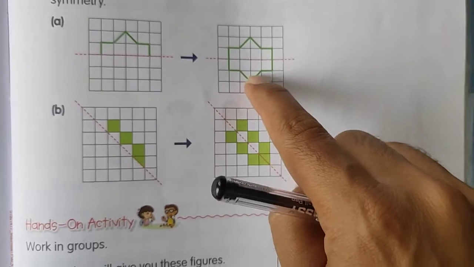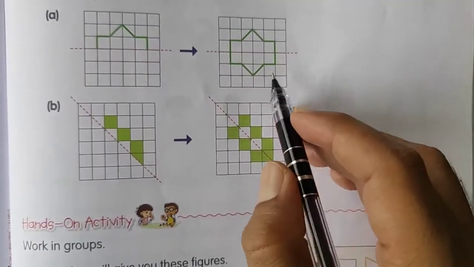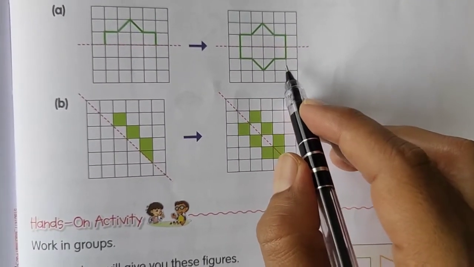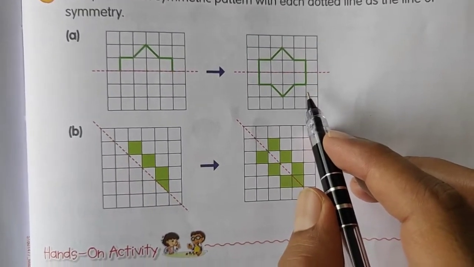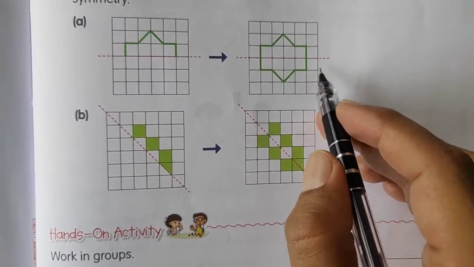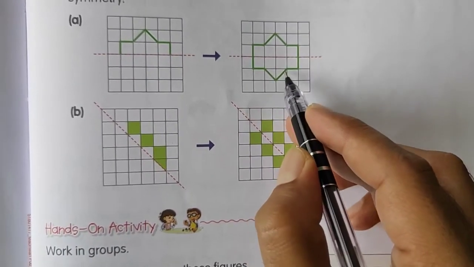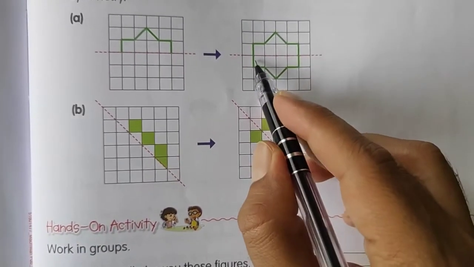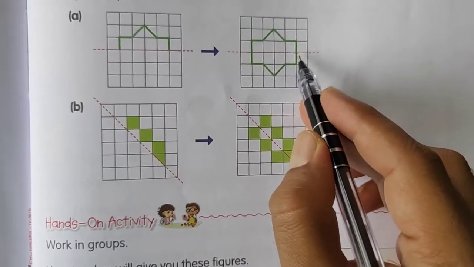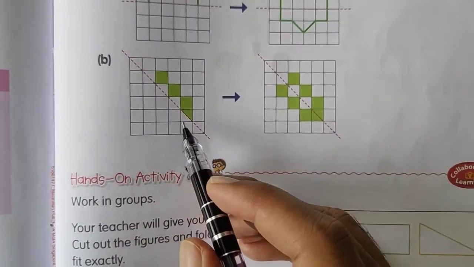Exactly like this. So here, there is an easy way to understand this. You can use a mirror. You can do this activity at home, and then you will see the diagram like this in your mirror, and then you can draw it like this. And one more example is here also.